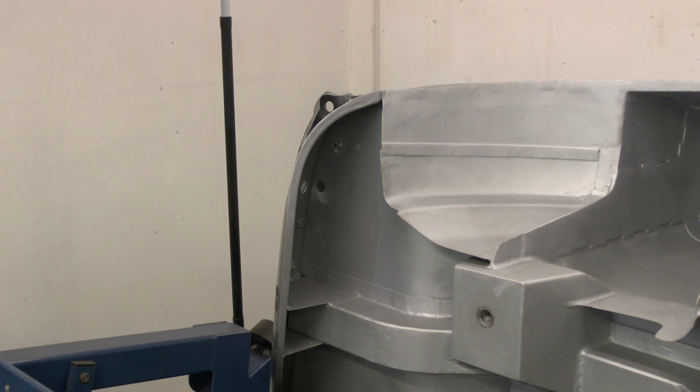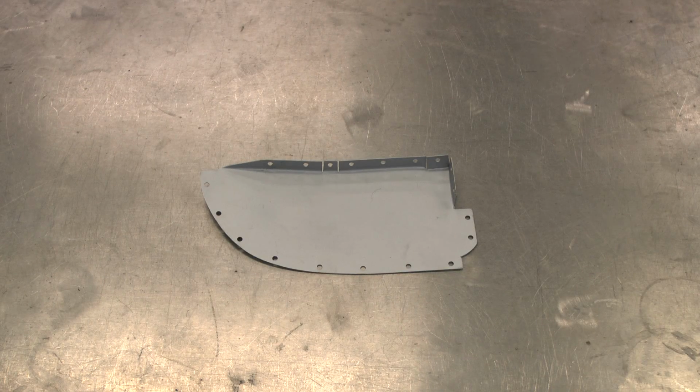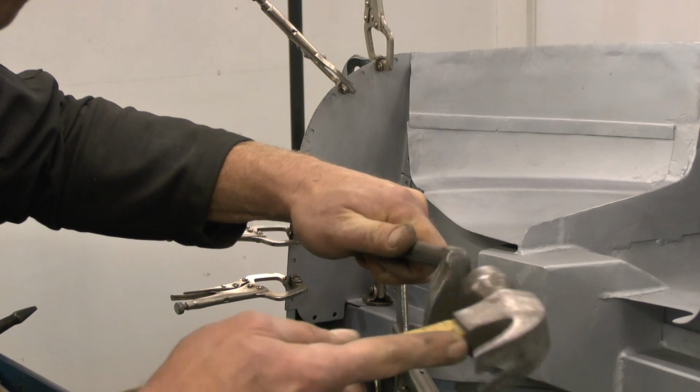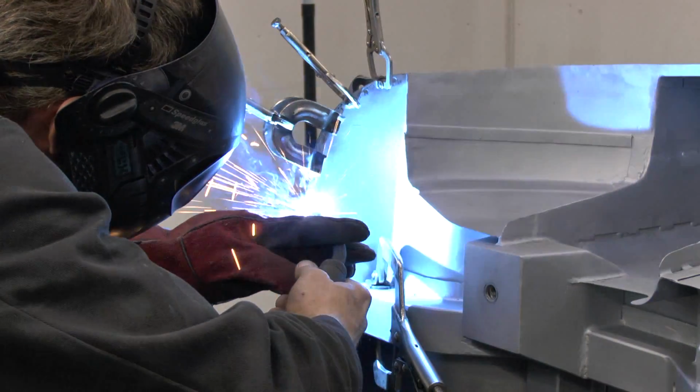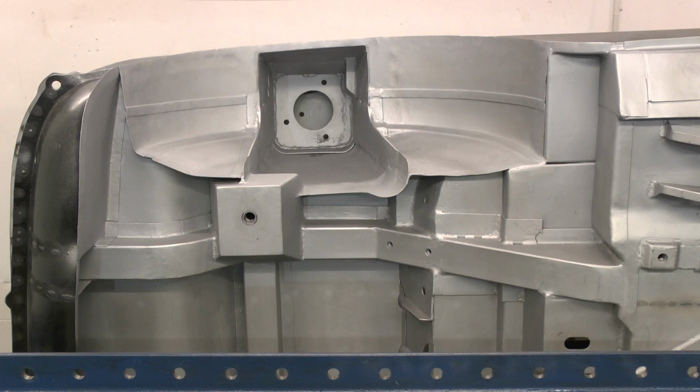Sorted. We'll do the same again to close in the end of the rear valance. So that's template, steel piece, hit it with hammers, and weld it in. Lovely. We'll finish off the little box section below the chassis leg when we've worked out where the exhaust and